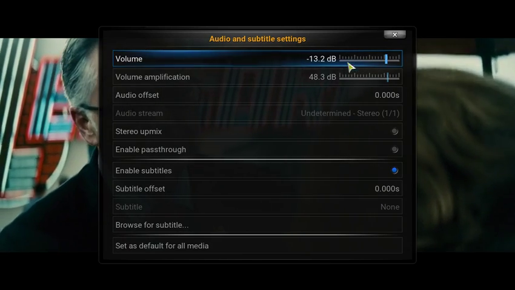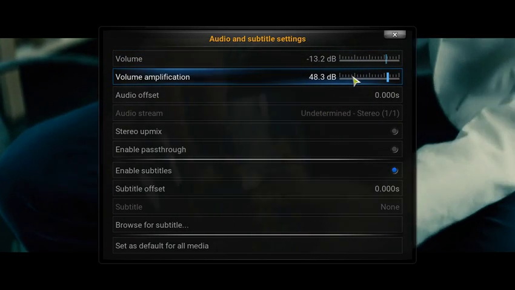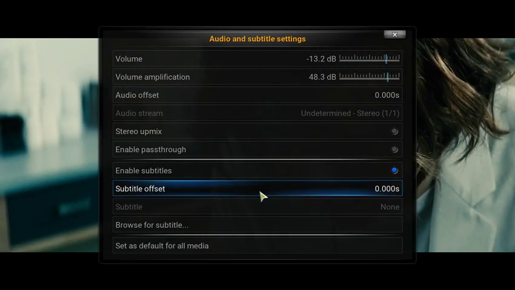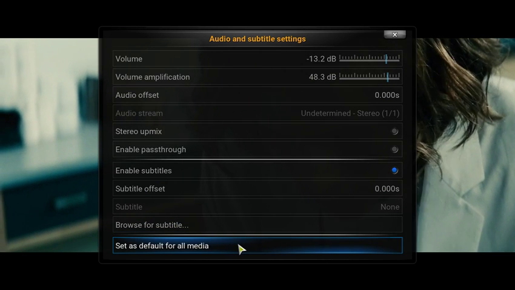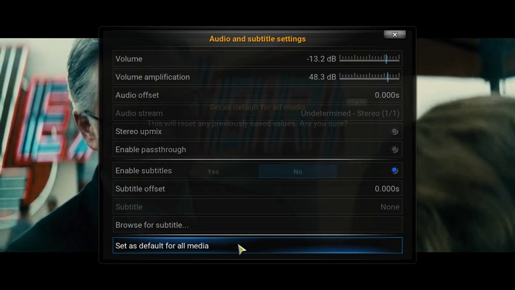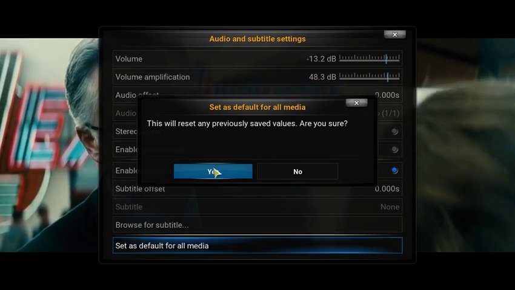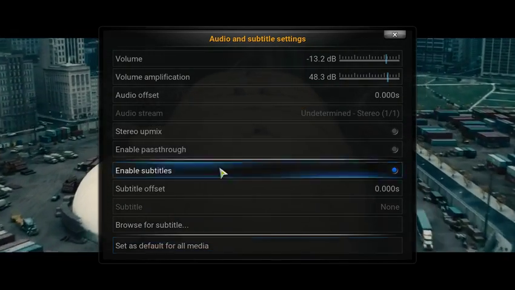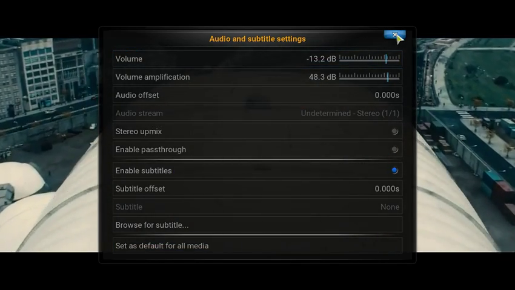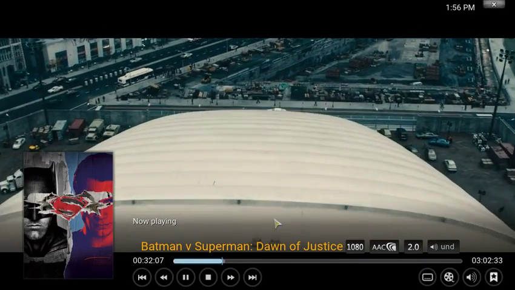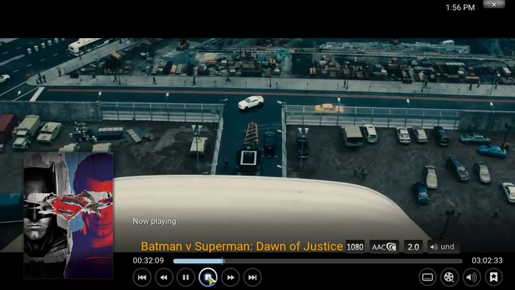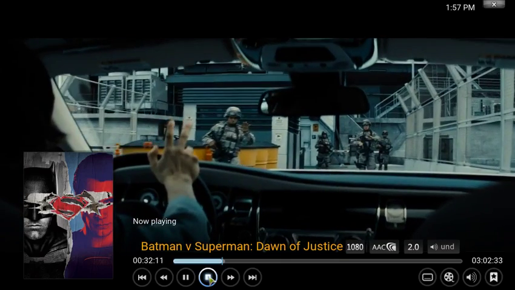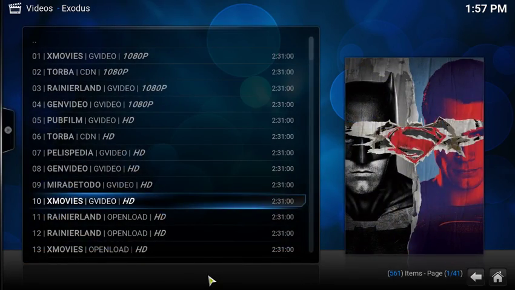If you change either one of these gauges, you will have to come down to here where it says set it at default for all media. Done. It'll ask you if you want to do that. If you're sure, you click yes, and then you can just hit the X up here. So this is one avenue of how Exodus lets you see movies. And we're going to get out of this,